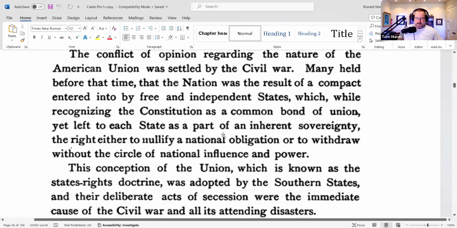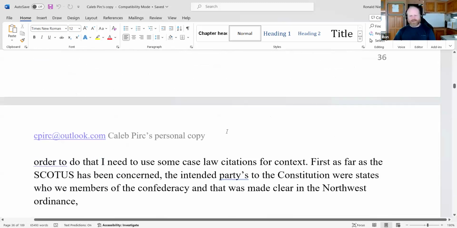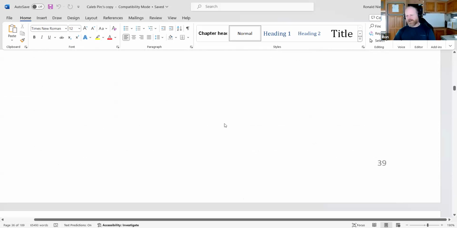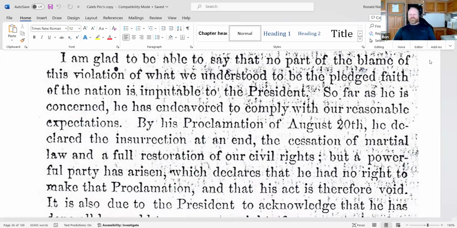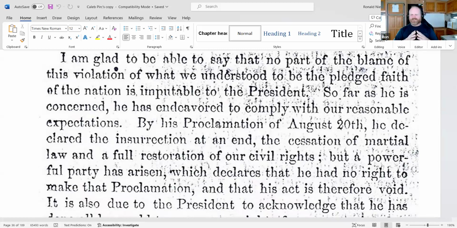Okay, so this goes hand in hand with the governor of Florida's admission. What was the governor of Florida's admission? Well, let's just read it. This is a copy. Sorry, Caleb, I'm using your copy, buddy. This is what the governor of Florida said to a meeting of the legislature as soon as they got word of what was going to happen with their status from Congress while they were under military occupation. He addressed them.